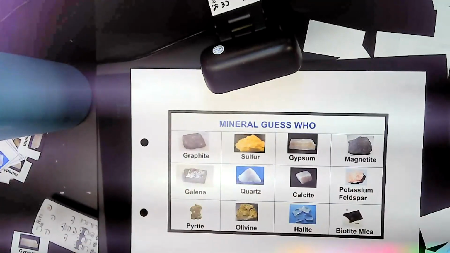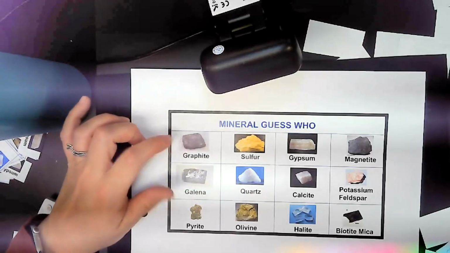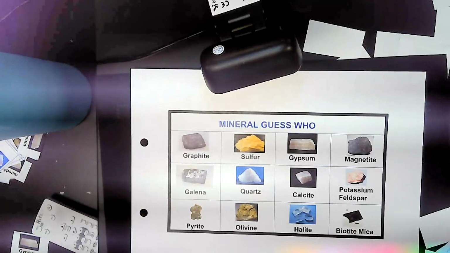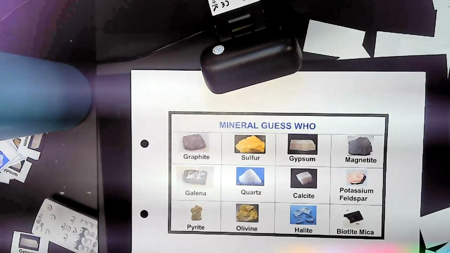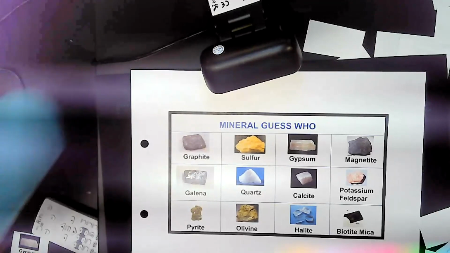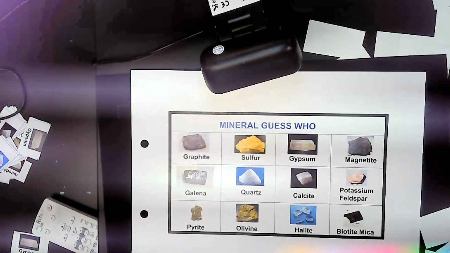Let's go around the room. Megan's asked a few. So Miley, can you ask a question? Does it have cleavage? Yes, mine has cleavage. Uh-oh. So I'll give you guys a minute. Go through each one like I did. Look at graphite. See if it has cleavage. Move to galena. See if it has cleavage. So this might take you a second or two. Mine does have cleavage. So we're gonna go down to